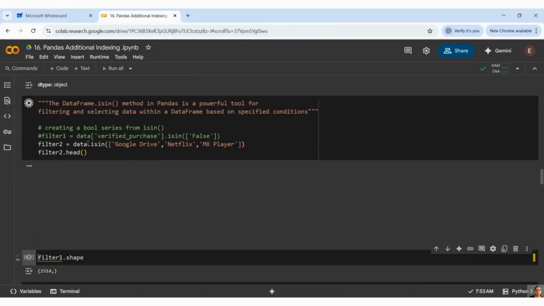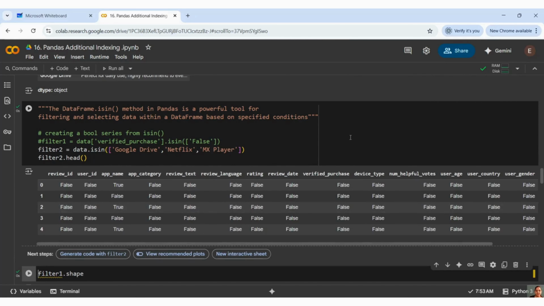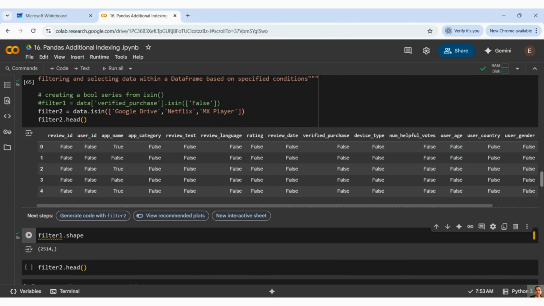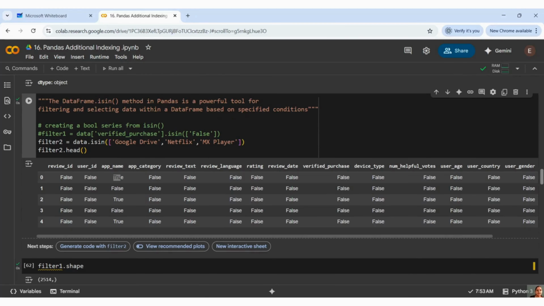If I remove this and run it, I'm getting everything, but my interest is only app underscore name, so I'm able to see true, and the rest all are coming false. Wherever true is there, it is giving me true, else all the places it is giving me false. As we're not able to see the complete data, that kind of confusion arises.